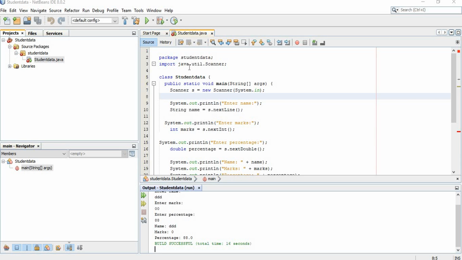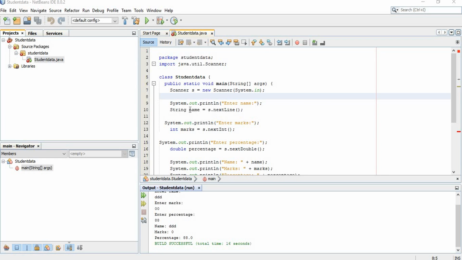Now after I imported the Scanner class, next I should create the Scanner class object. So this is the line. I am writing Scanner, and s is the object of the Scanner class that I have put. Next, as per the syntax, new Scanner of System.in. Next I want to print a message like the center name. If I want to see it on the console, then I have to put this line inside double quotations inside System.out.println.